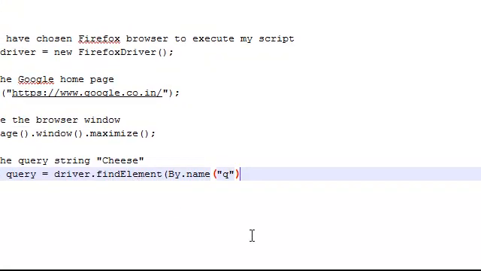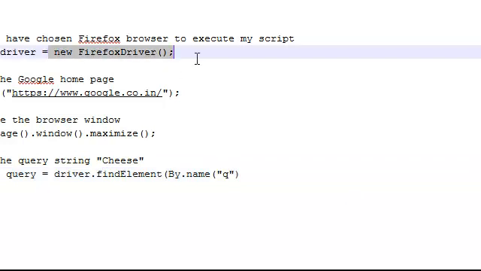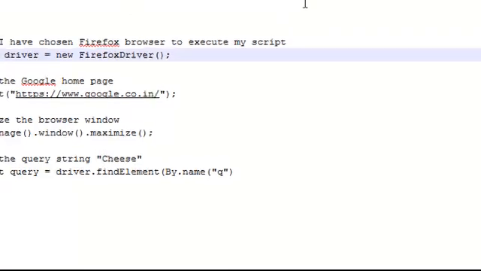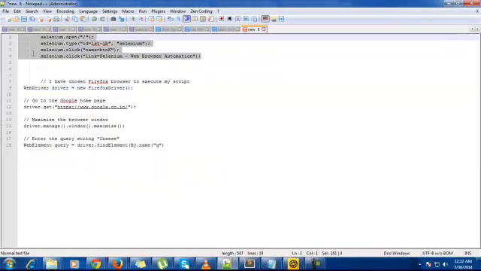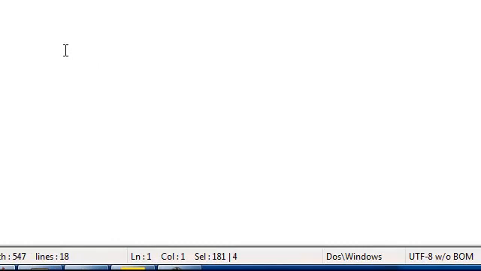Another difference between RC and WebDriver is that WebDriver is native to each and every browser. If you want to run a WebDriver script for Firefox, you write this statement, and for IE you need to do some settings, and for Chrome also you need to do settings. In Selenium RC you have to run the server and it injects JavaScript into the browser to do its operations.